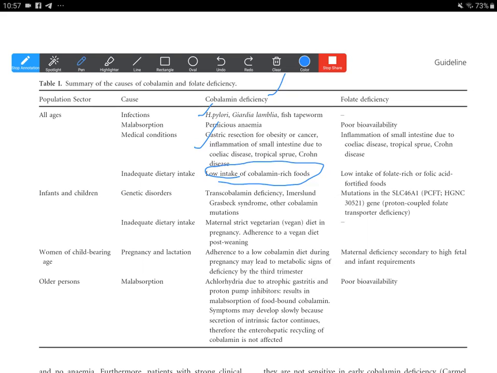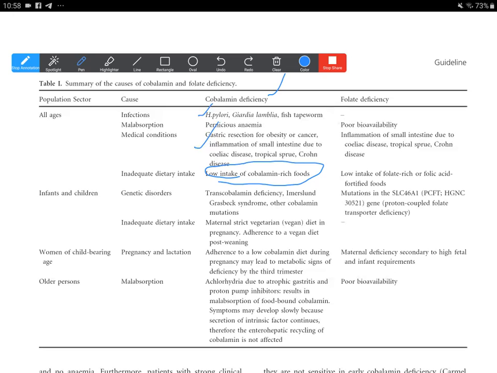However, nowadays most vegetarians are conscious about their dietary intake, and they have found new sources of cobalamin, mostly in the form of certain fruits and berries, because they are also very rich in B12 and folate. Therefore, this type of deficiency occurs rarely now, even in vegans who are most educated about their diets.